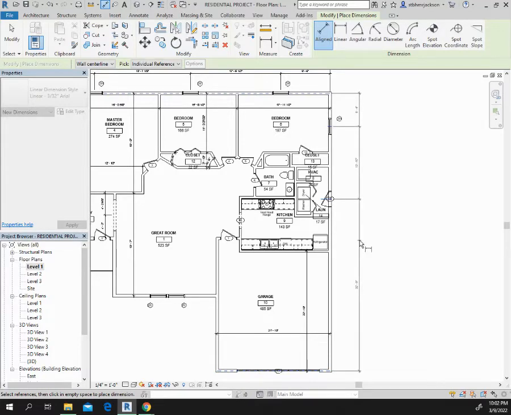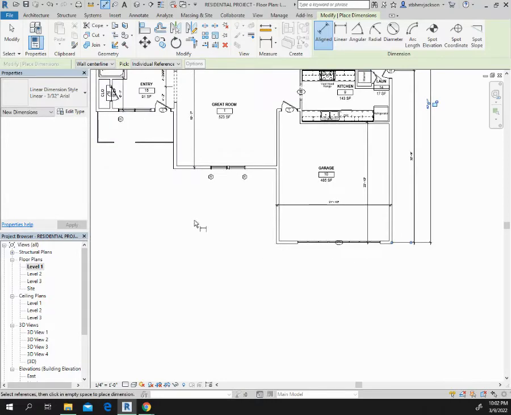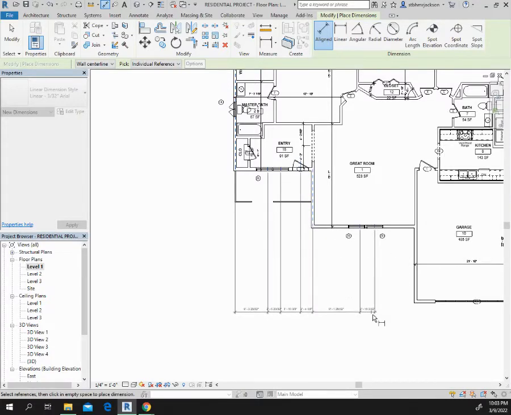Now, because this building has a few bump outs, you're going to end up having an overall dimension for many of the places on it. So the front is probably going to be the one that you're going to have the most dimensions on. So I'm going to go between these, between there, my wall, my two windows here. And I think that one I missed. I'm going to adjust it